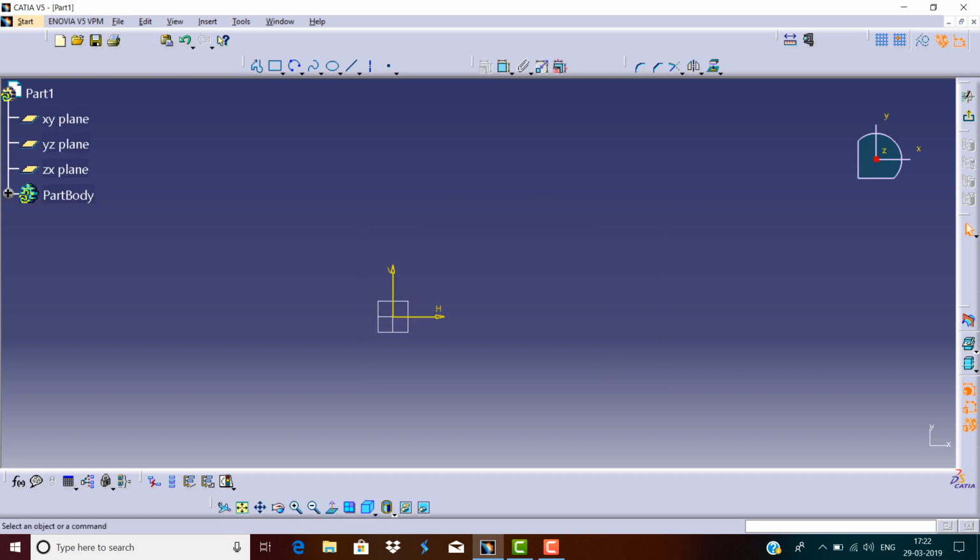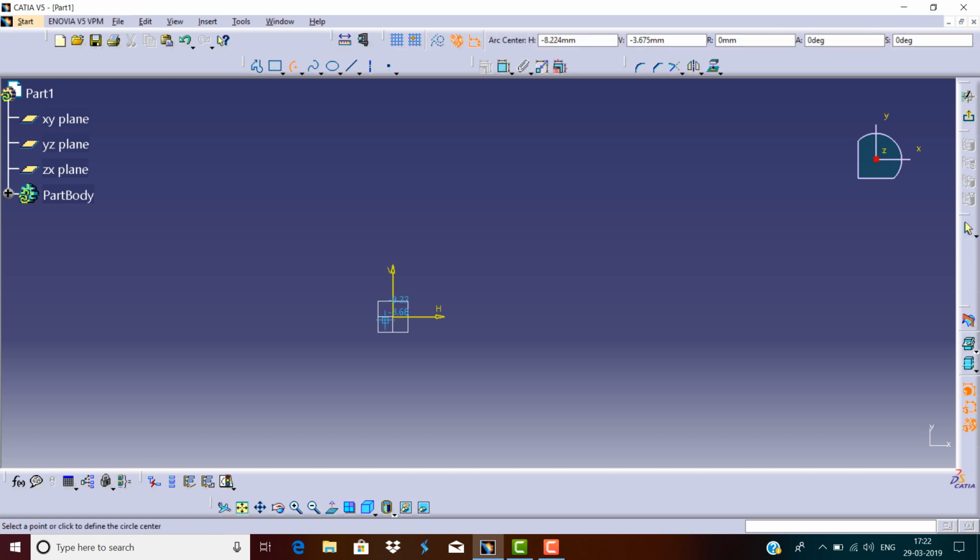Similarly, we can define the 3-point arc starting with limits. This is the first limit of the arc, then we have the second limit of the arc, and drag your mouse up and down to give the third limit of the arc. Let me give this, and your arc is created, and you can define it with the help of the constraint box. Then we have our